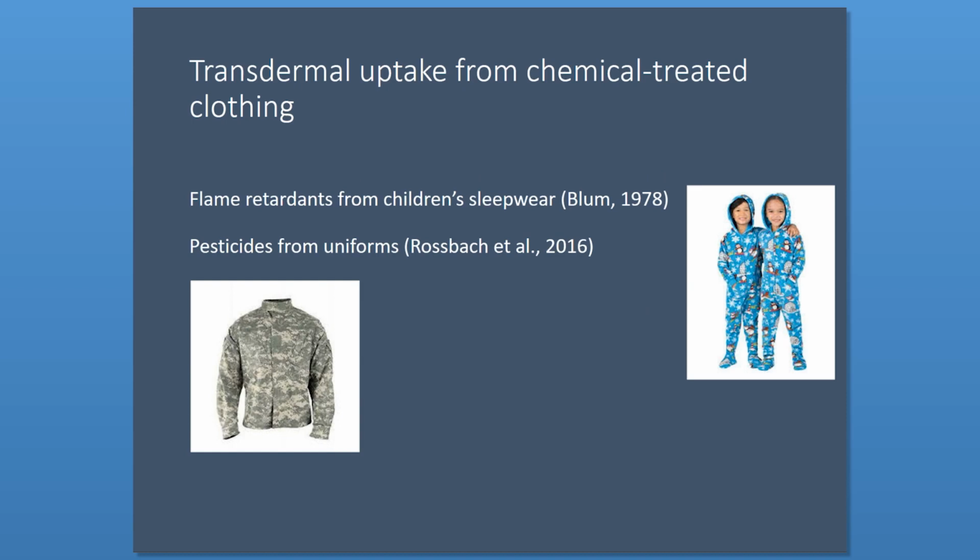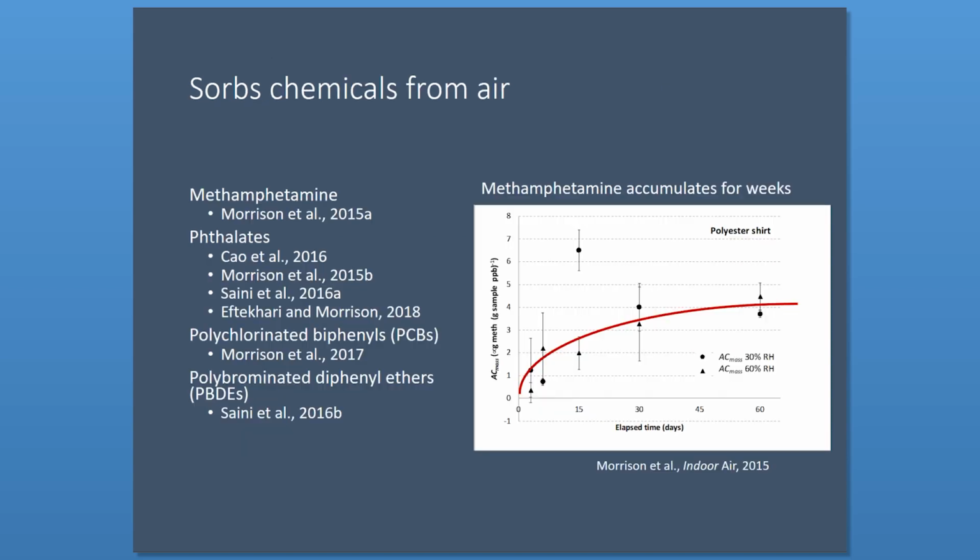There was evidence that chemicals that had been applied intentionally to clothing can be absorbed through the skin. There's evidence for flame retardants in children's sleepwear, which is one of the reasons why flame retardants were removed from children's sleepwear. And also pesticides in uniforms. There are pesticides applied to Army uniforms or military uniforms to prevent mosquito-borne disease transmission, and you can see those pesticides in the urine and blood samples of those soldiers. So that's one thing. We also know something interesting in that